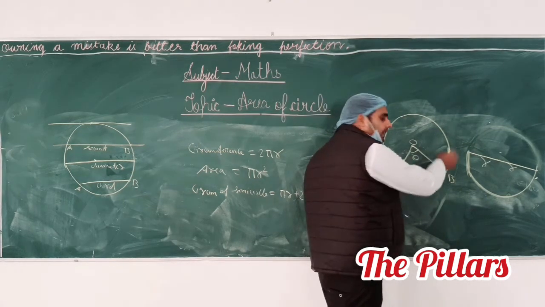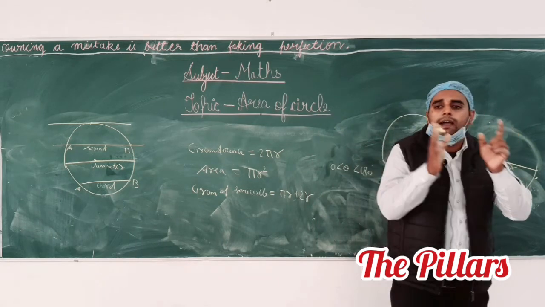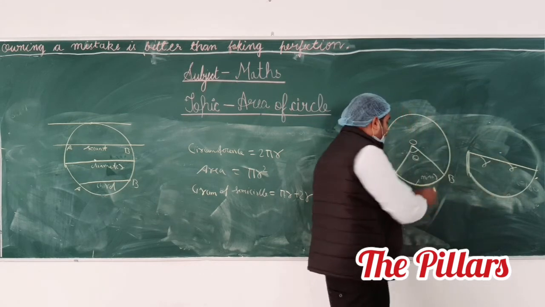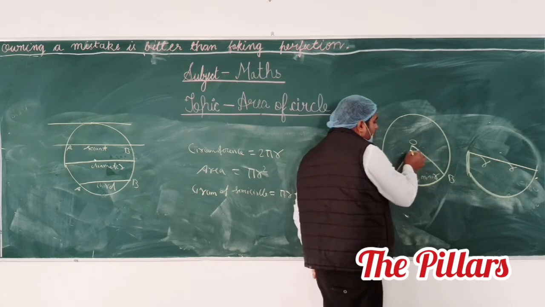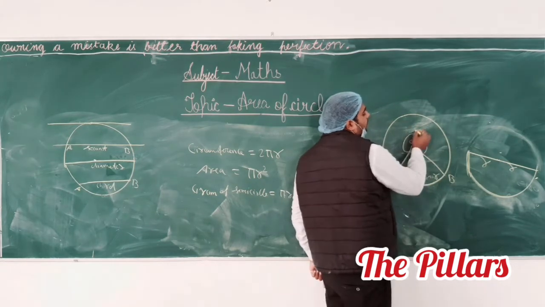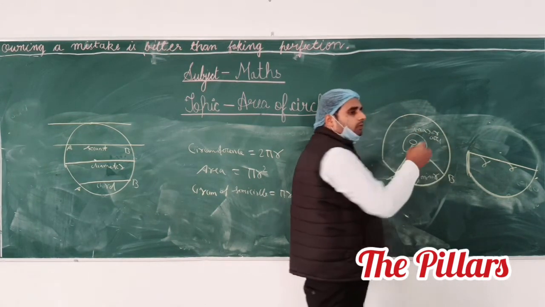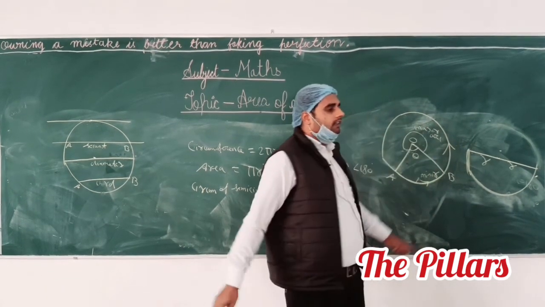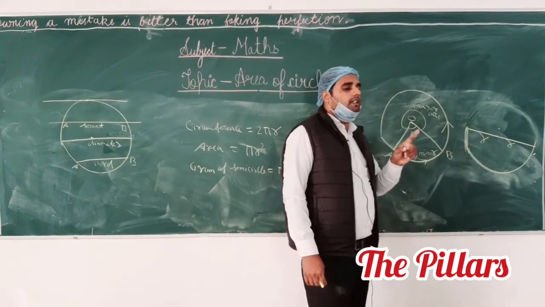If you move like that, then AB is the minor arc. It means if the angle made by an arc is less than 180 degrees, then this arc is said to be the minor arc. And if this is less than 180 degrees, it means the remaining one is greater than 180 degrees. It means this arc is the major arc. This is the major portion and major arc. This arc BA is said to be the major arc. If you move from A to B, B to A, then AB is the minor arc and BA is the major arc.